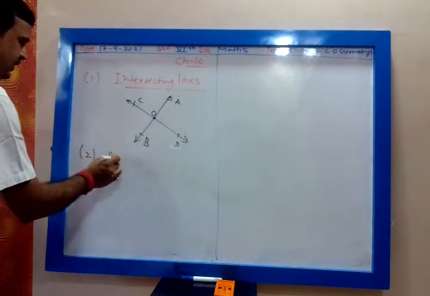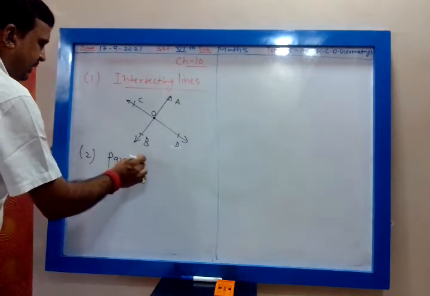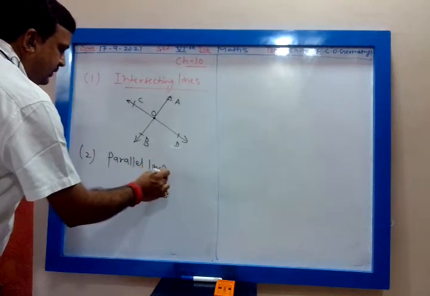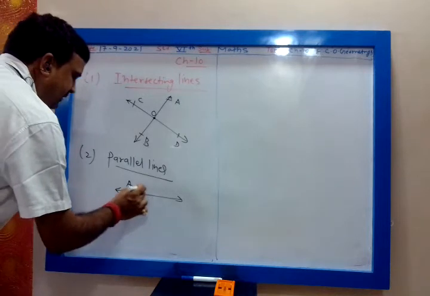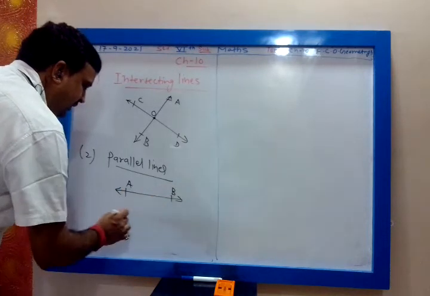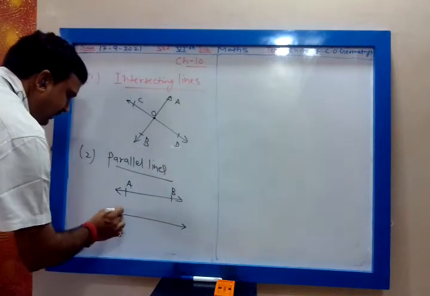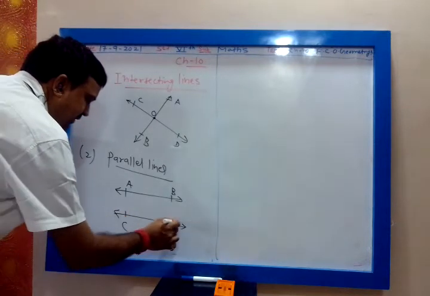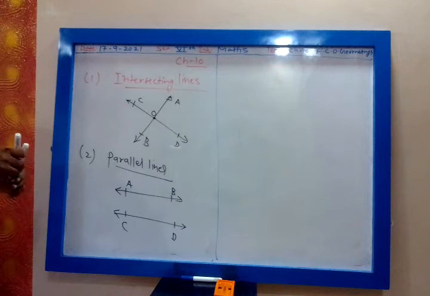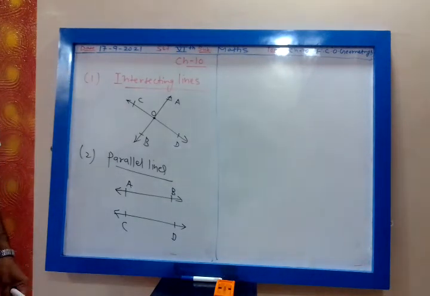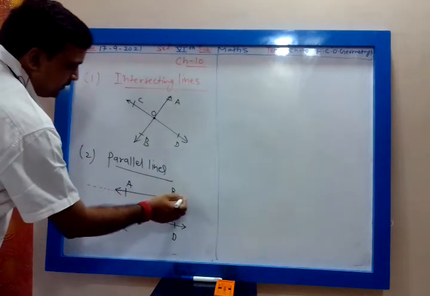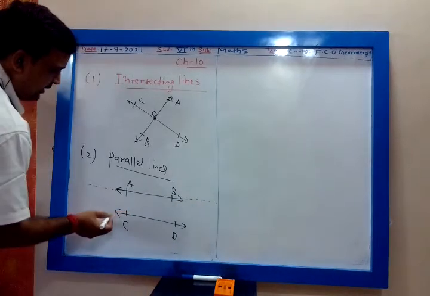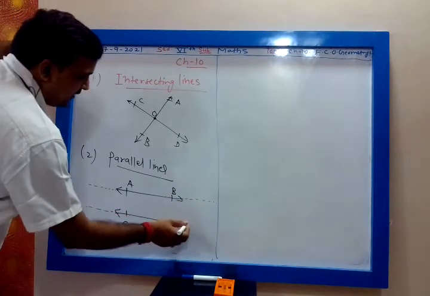Then we have seen parallel lines. AB and CD are two lines. If AB and CD do not intersect each other, I have told you lines can be extended from the arrow end. If you extend the lines from the arrow end and the two lines do not meet or cut each other, then they are parallel